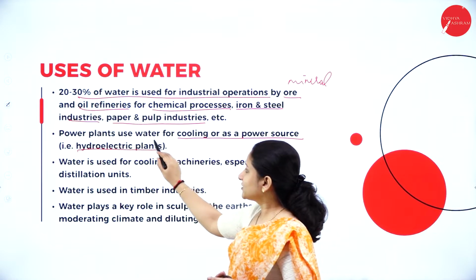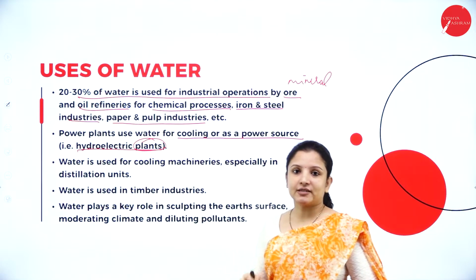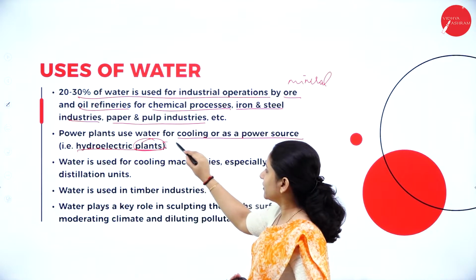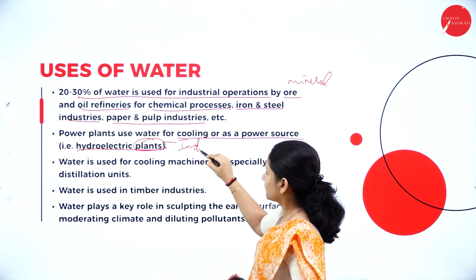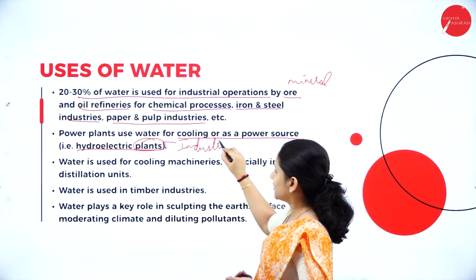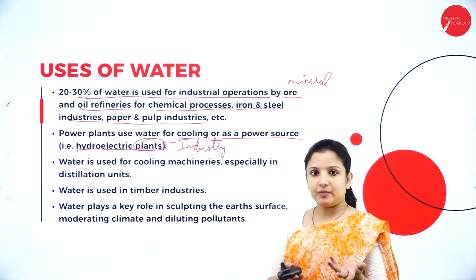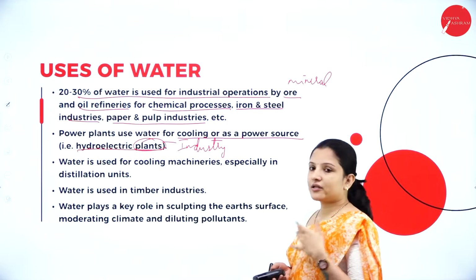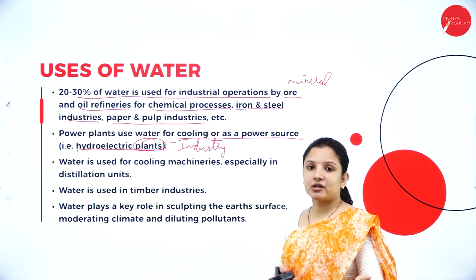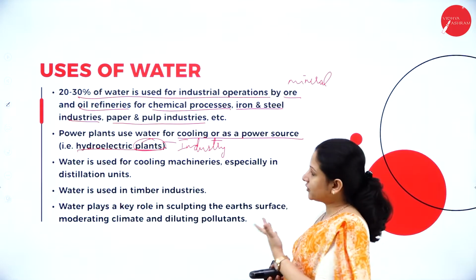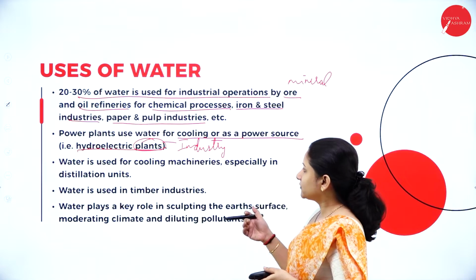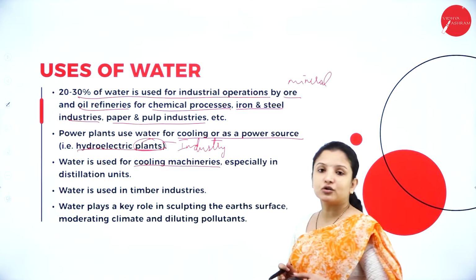Because here plants means, don't think it is the green plants that I am talking about. Plants is nothing but the industry. So, in hydroelectric power plants and all, it is used, wherein electricity is mainly generated by using water itself. So, for that water is useful, and not just that, water is also used in cooling